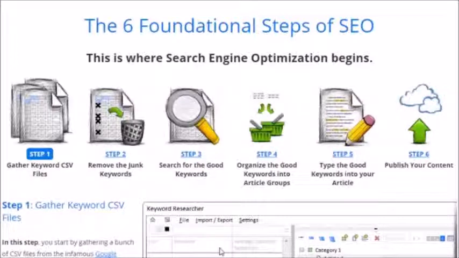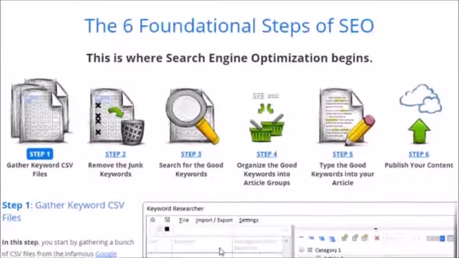No matter what tool you end up using in SEO, the actual process is not going to be much different than what you see here. Let's go through this briefly. So you can see here on the left, we start with step 1, gather keyword CSV files. So whether you use the Google Keyword Planner or some other tool, you need to get a series of files that reflect the keywords that you're going to sort through, and some of which you will end up using on